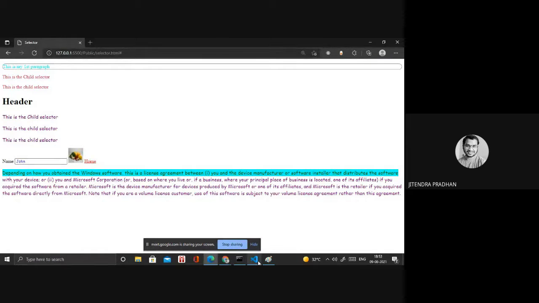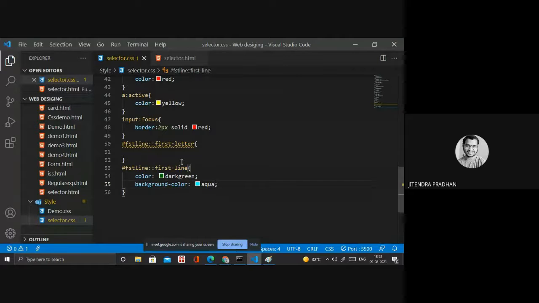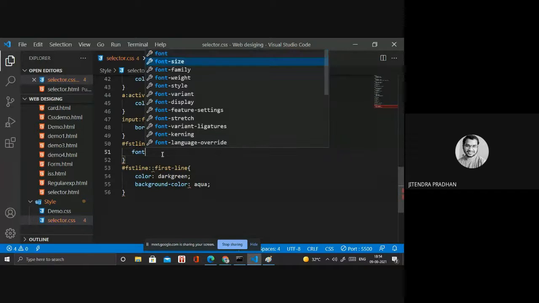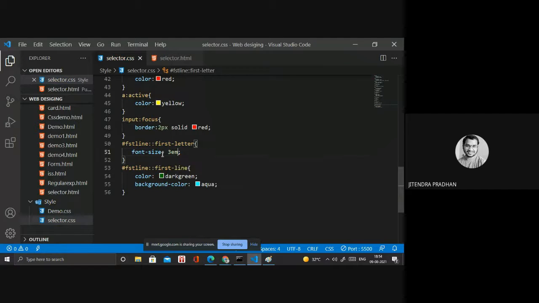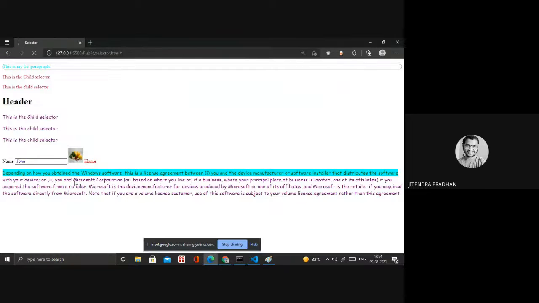Okay, next we have first letter. In the newspaper you may see that the first letter is big. So if you want the first letter to be a big size, you need a font size like 3em. Okay, great.